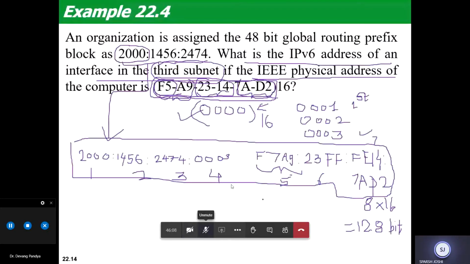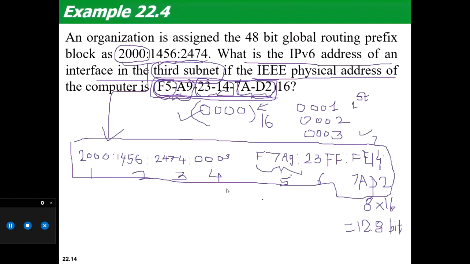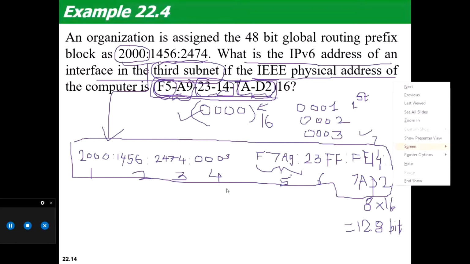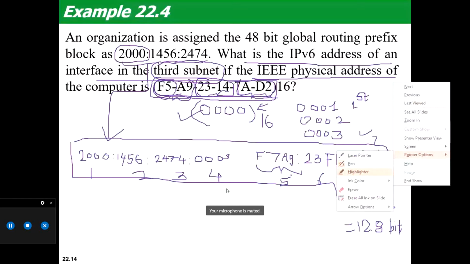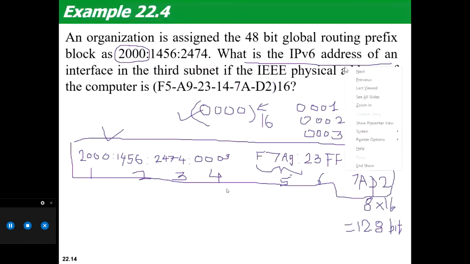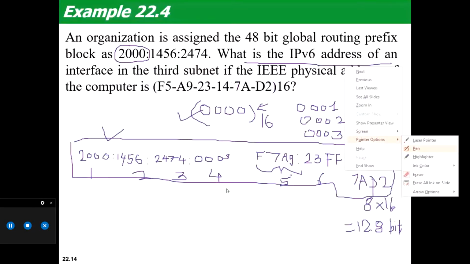So there are two things which have happened. First thing, local को global में convert किया, that is F5 has been now F7. Then after 24 bit of this address, you have to stuff FF and FE. Listen carefully now. This is a very interesting procedure, and that creates the link local IPv6 address.